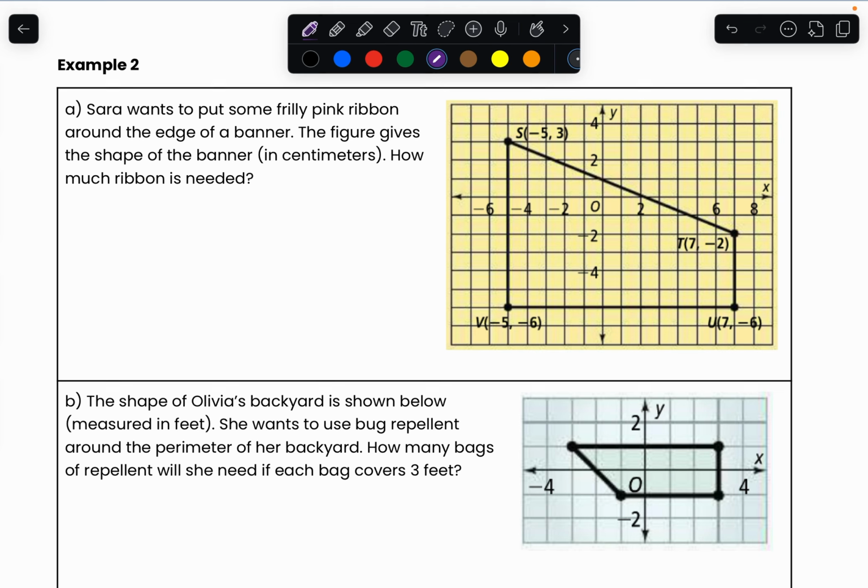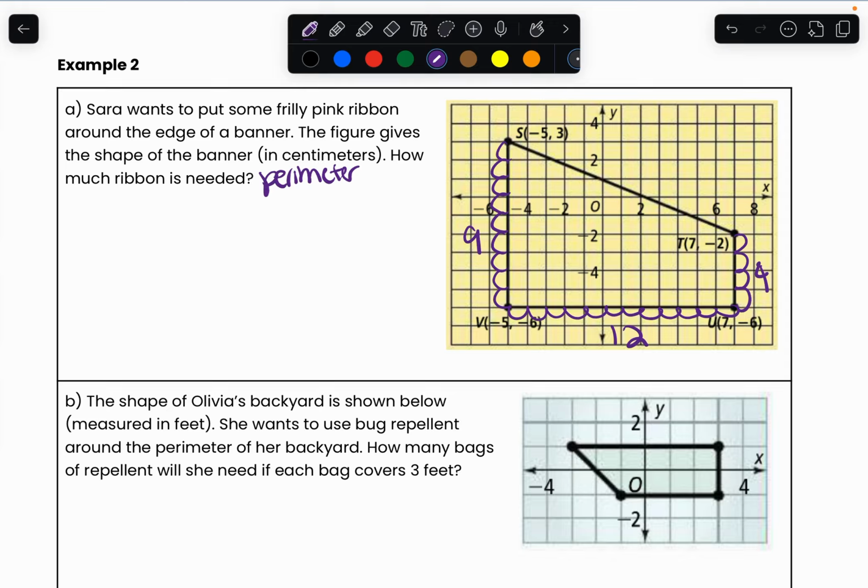Okay? Now, looking at this question, since there's a graph, on some of these sides it's actually easy to find because we just have to count. So for this side right here, we count 1, 2, 3, 4, 5, 6, 7, 8, 9, 10, 11, 12. So this is 12 right here. On the other side, it will be 1, 2, 3, 4, 5, 6, 7, 8, 9, so 9. On this side, 1, 2, 3, 4, so 4. Now, to figure out my other slanted side, there are two ways you can do it. You can either use the distance formula or you can use the Pythagorean theorem.